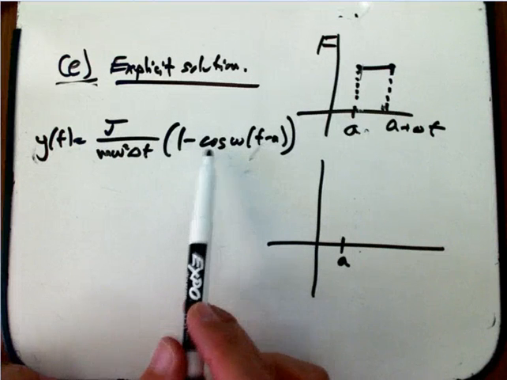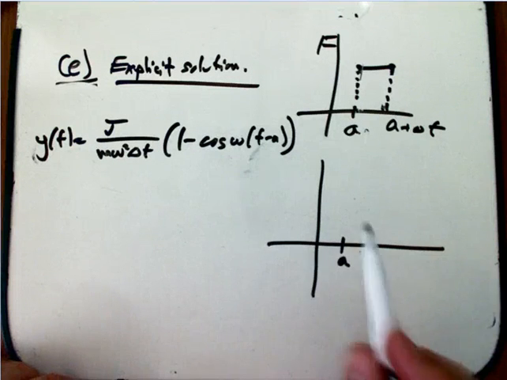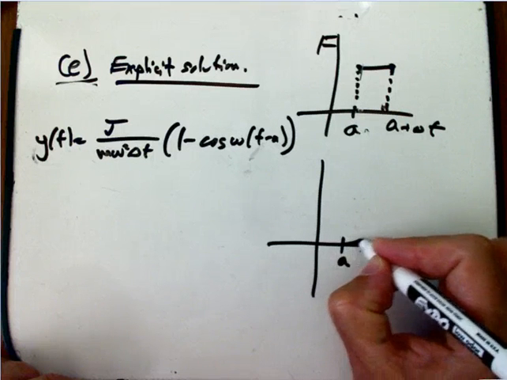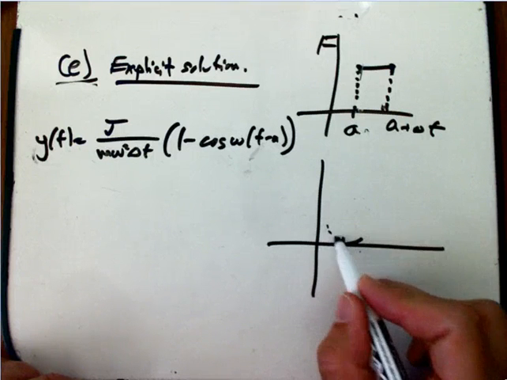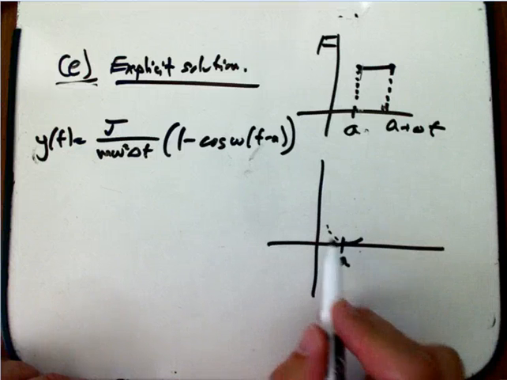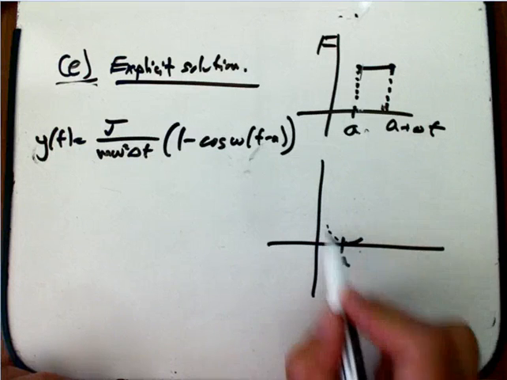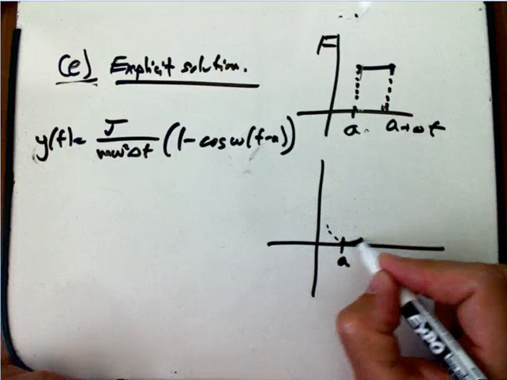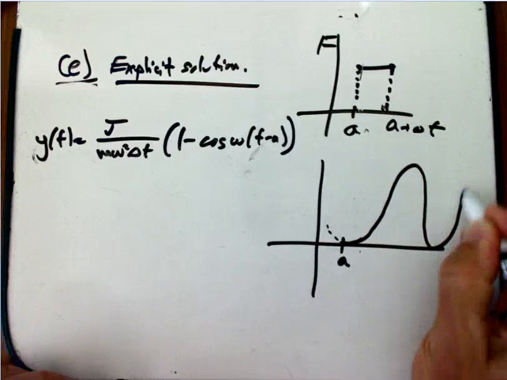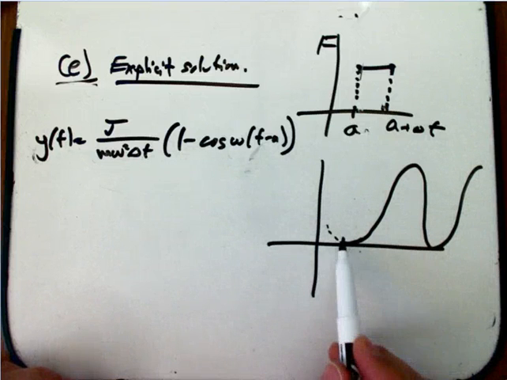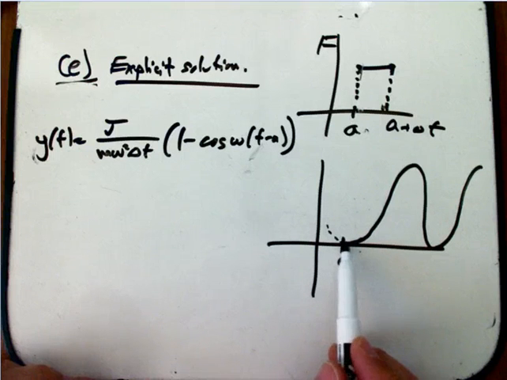Well, 1 minus cosine starts at 0 and goes up to 2. And so it's going to go like this. It's going to start at the bottom of the cosine here. And this isn't really going on because it hasn't activated at a, but I'm just illustrating. It's the bottom of a cosine wave. And that's crucial to match the initial condition correctly because we want this to have value 0 and derivative 0